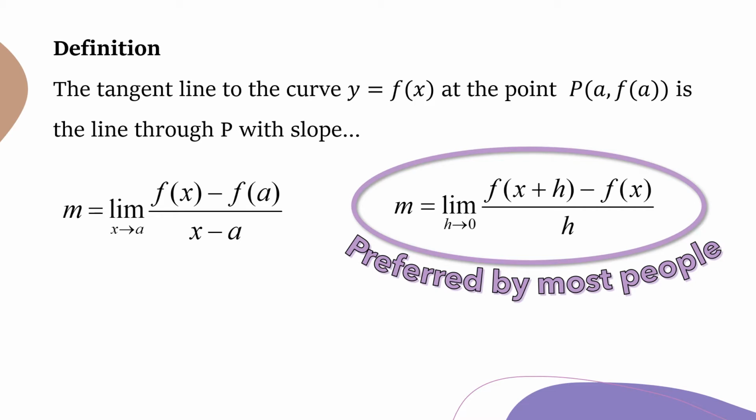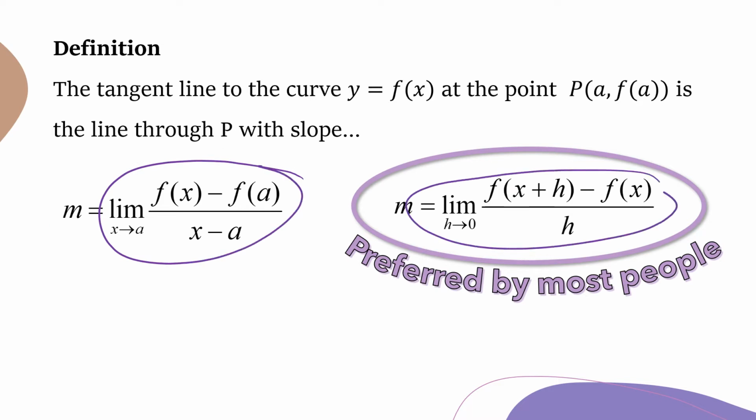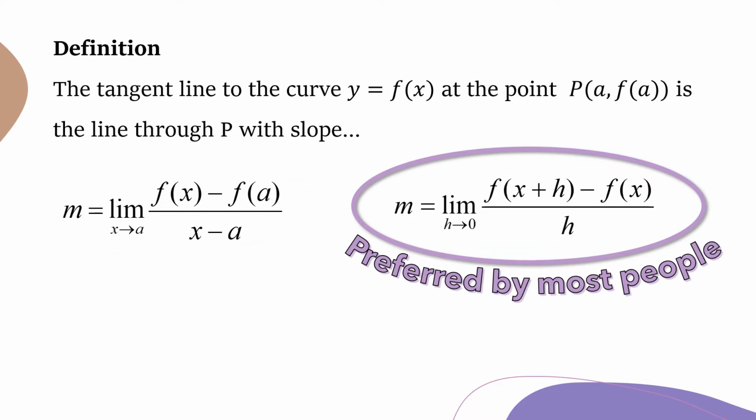Recall that the tangent line to the curve y equals f of x at the point P, a, f of a, is the line through P with slope m equal to one of these. And also recall that the derivative f prime of x is equal to the slope of that tangent line. So if you're asked to find the derivative, or find f prime of x, you can use one of these